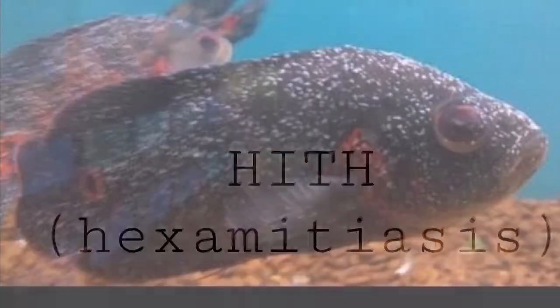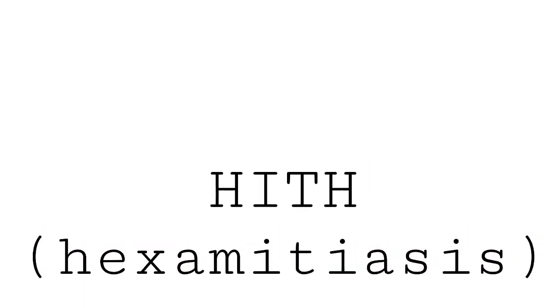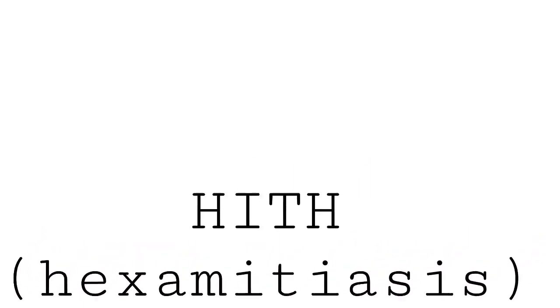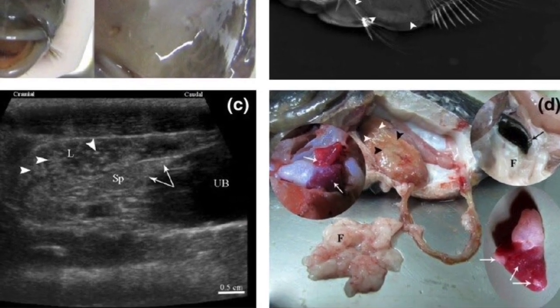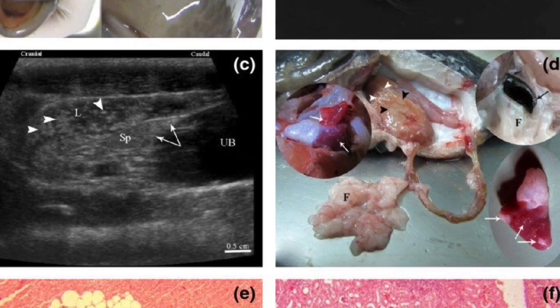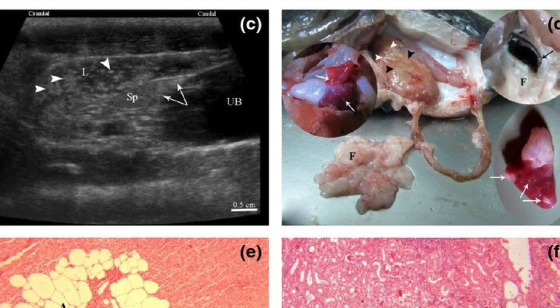Preventive measures: avoid feeding live food. Quarantine new fish for 2 to 3 weeks. Avoid cross-tank contamination. The second most common flowerhorn disease nowadays is called hole in the head. This is a condition caused by the Hexamita protozoan, a parasitic organism that is highly contagious. This parasite thrives in poor water conditions.